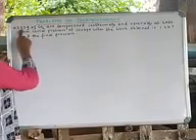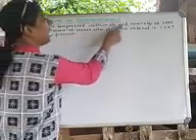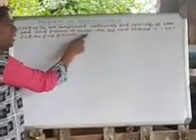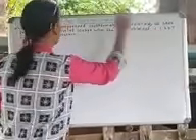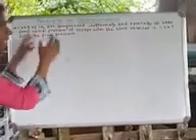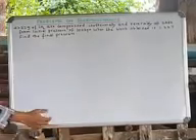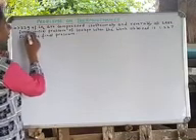Here it is written: 22 grams of carbon dioxide are compressed isothermally and reversibly at 298 Kelvin from an initial pressure of 100 kilopascals when the work obtained is 1.2 kilojoules, and we are supposed to find the final pressure. So let us collect the data first, then we'll write the formula, and afterwards we will solve it. Now see here, in the collection of the data, what is given, you will tell me.